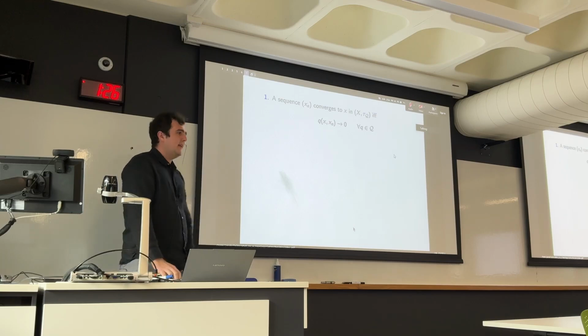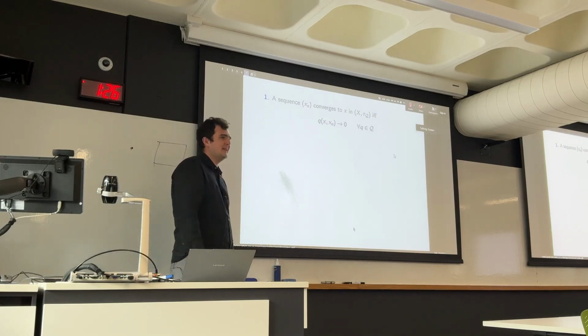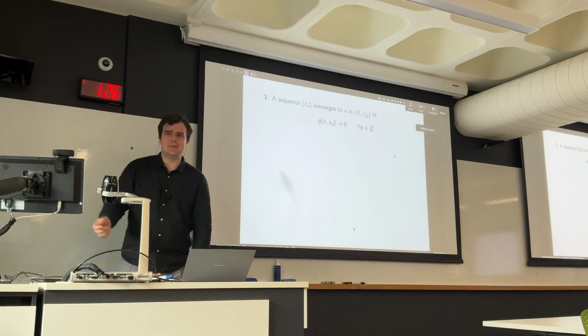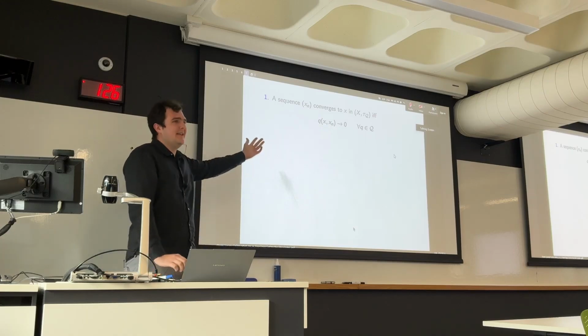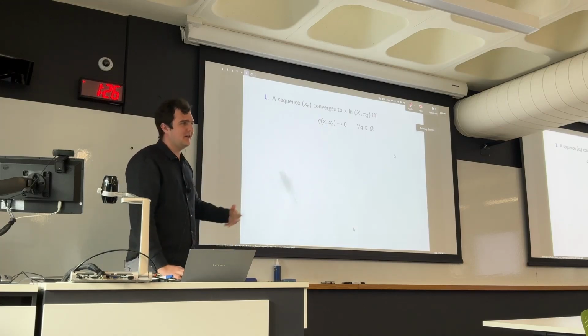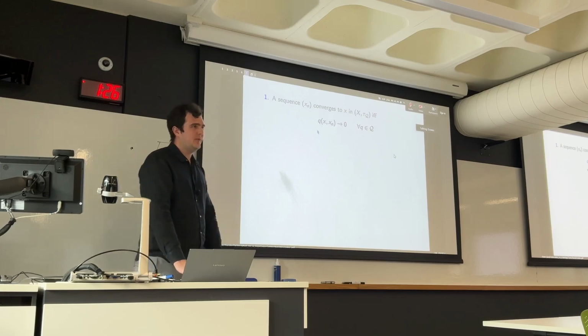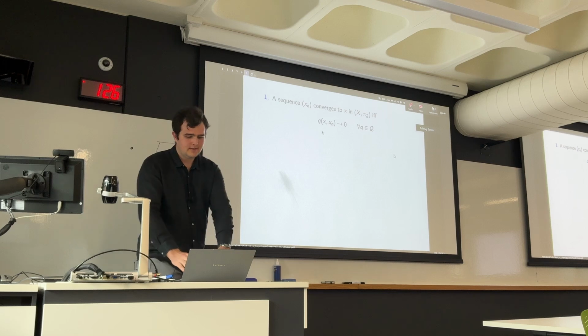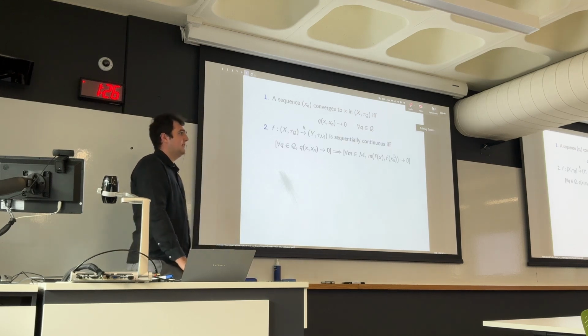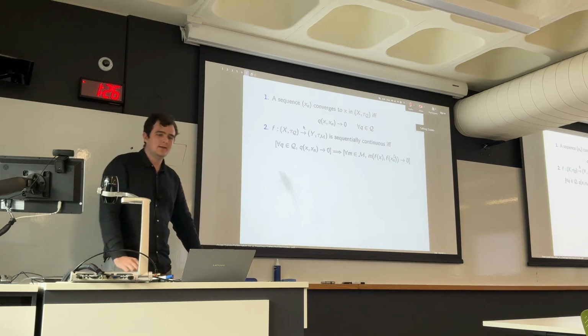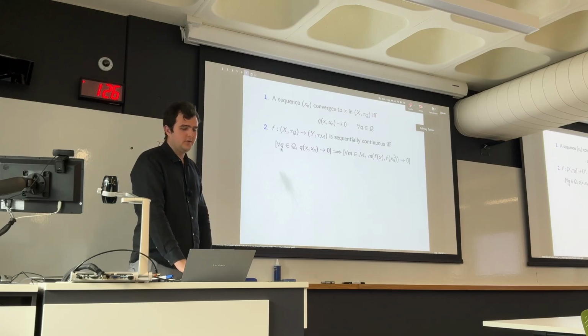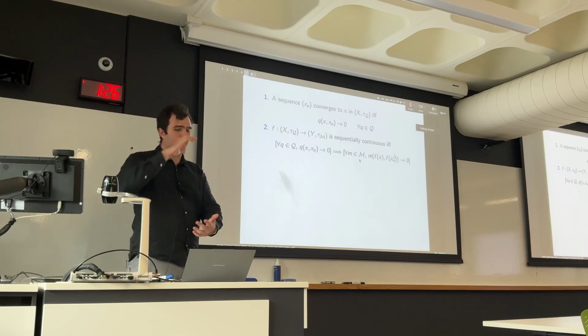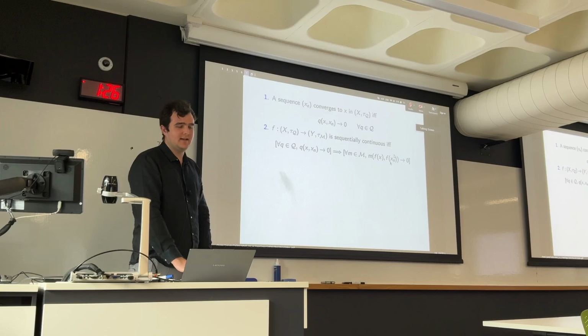Okay. And now that we have this collection of quasi-pseudometrics, we can use it to define topological properties. Again, we have basically the same formula we've had a bunch of times. x_n converges to x if and only if q of x and x_n goes to 0, but now it has to hold for all q in Q. And you can define sequential continuity as equivalent to: for all q in Q, q of x_n and x going to 0 implies that for all m in the codomain, the distance between f of x_n and f of x goes to 0.